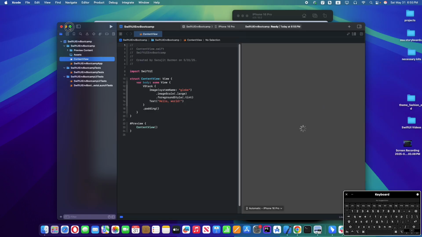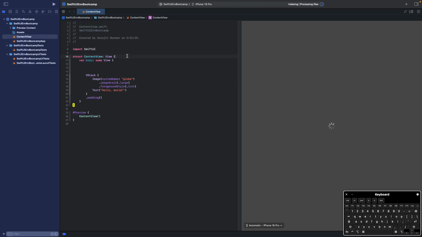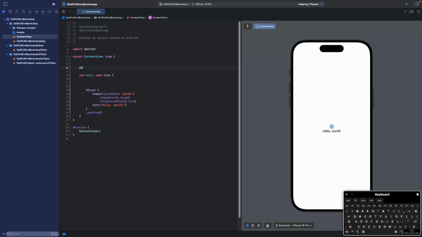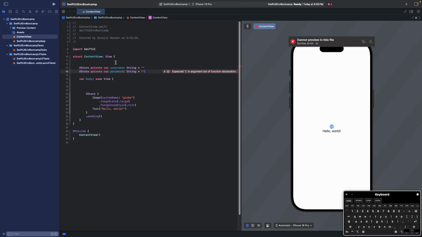Okay, so this is our brand new project, and currently it has no contents. Let's take some variables. For example, @State private var username: String, and @State private var password, email String, and